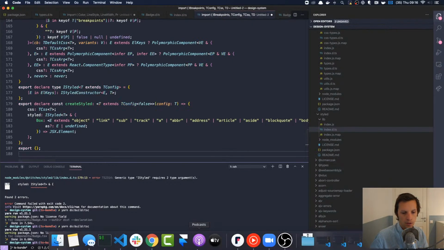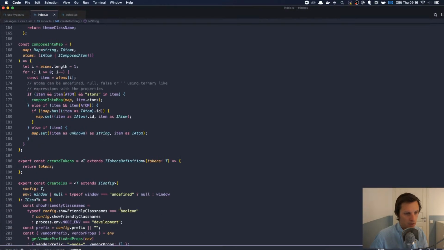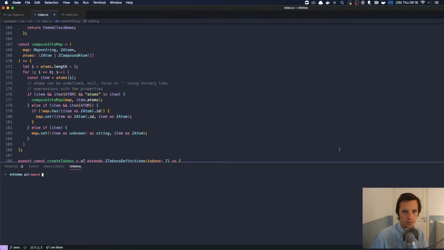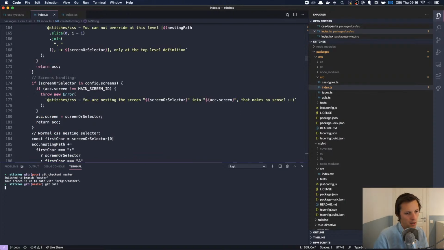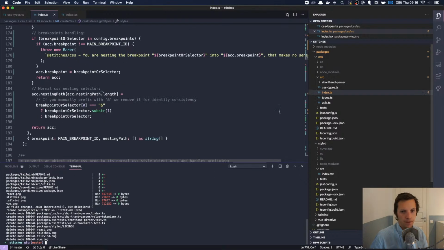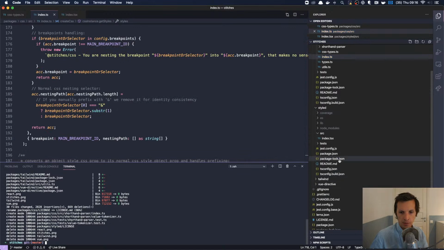And now we are going to move to the stitches package. Let's check out master. We'll pull. And then we're going to actually fix this in the style package. And then we're just going to copy over the thing and try to build again.